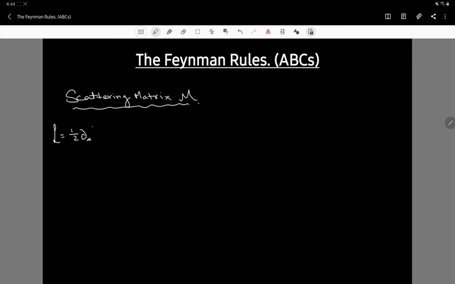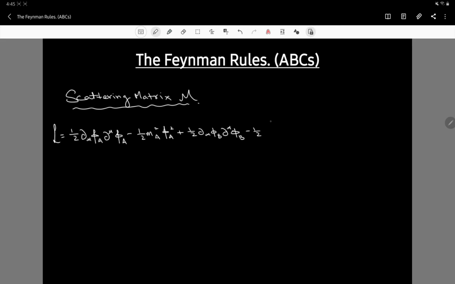While I'm writing, I would also like to mention that this is for scalar field theory, and so you would have scalar degrees of freedom, which just implies that the order of these terms is not important. It also guarantees that the scattering matrix M would be a scalar matrix, because we are talking about scalar fields with this Lagrangian. So, 1 by 2 partial mu phi B partial mu phi B